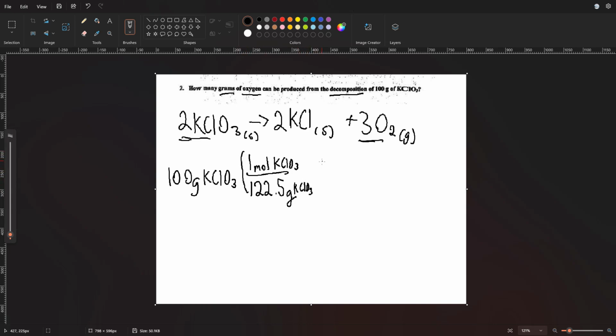So we have this part, so now we can knock the grams off from these. The units are going to cross off, and now we have to look